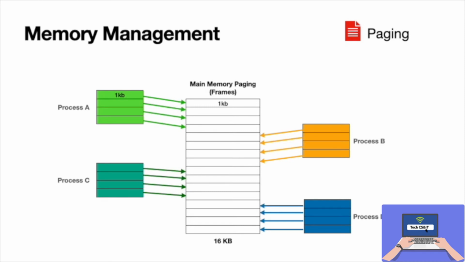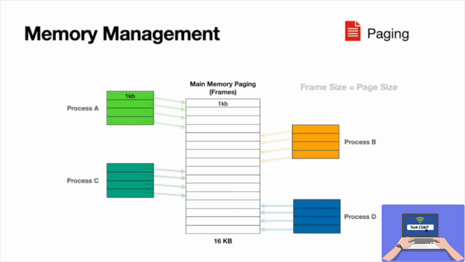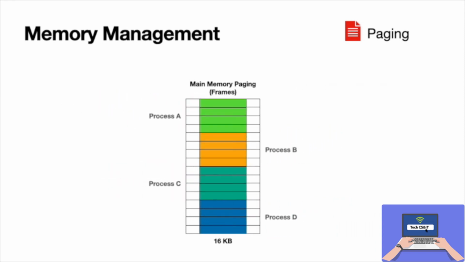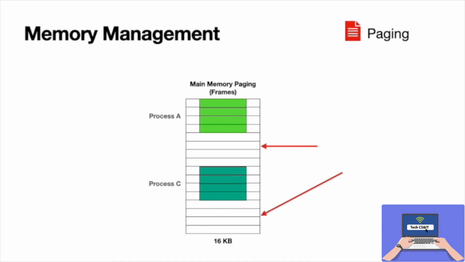So here, for example, we have processes A, B, C and D that have been paged into equal sizes of 1 KB. All can fit into the memory with no problem. But when two or more processes leave the main memory or are swapped out for any reason, it still creates an empty space as it did in fixed partitioning. But the beauty of paging is that we can use that non-contiguous space efficiently.